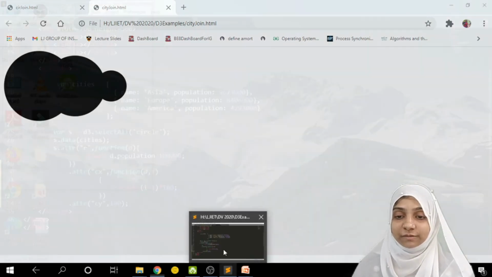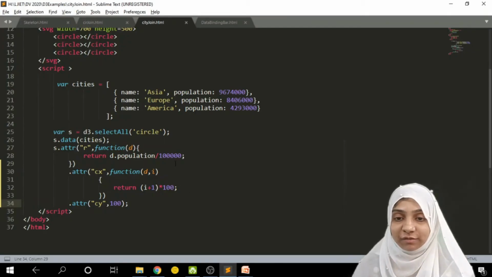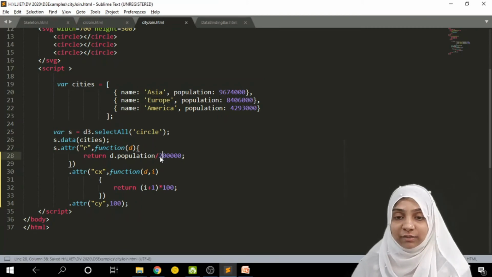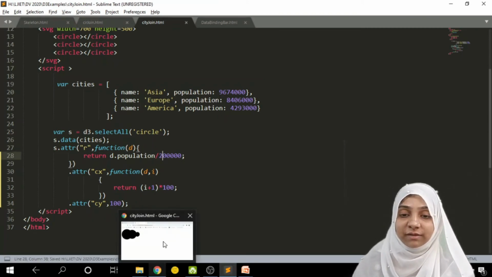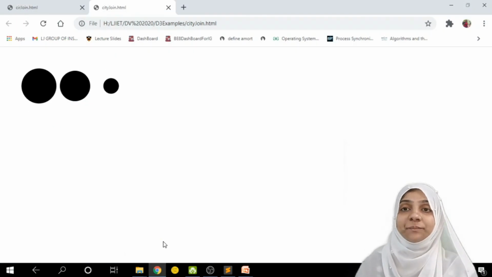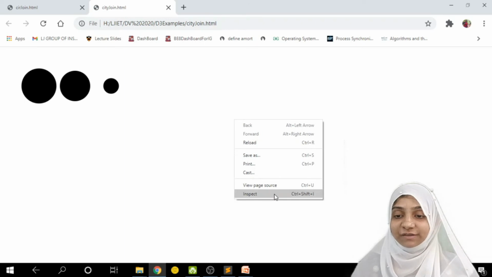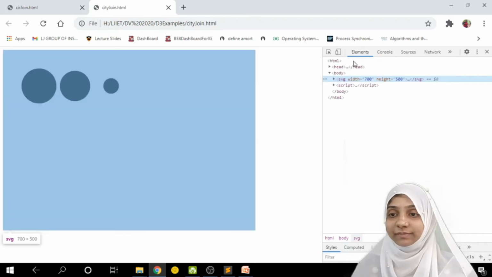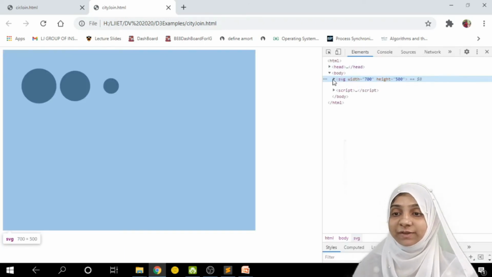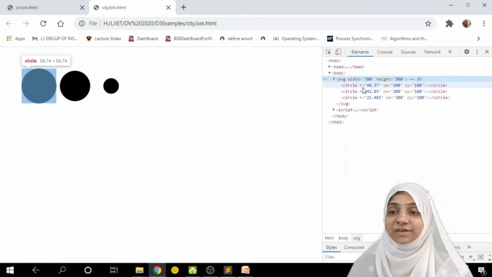I want to displace them more. So here, instead of dividing by 1 lakh, let me divide by 2 lakh, so the radius will get smaller. Let us inspect these elements. Within the SVG, the first circle has a radius of 48.37.